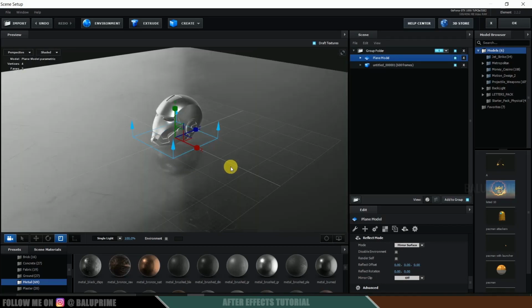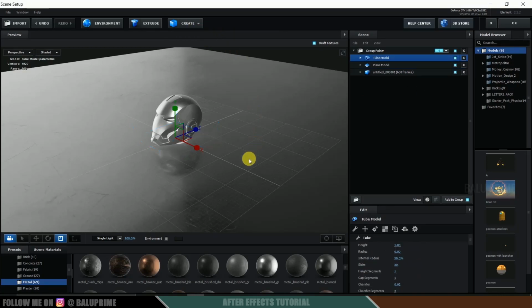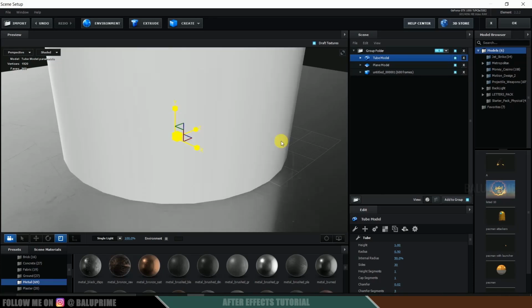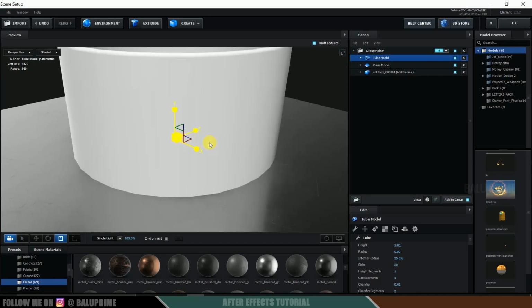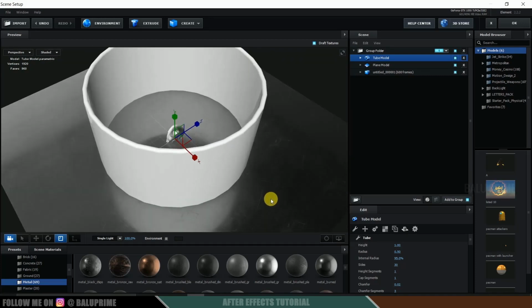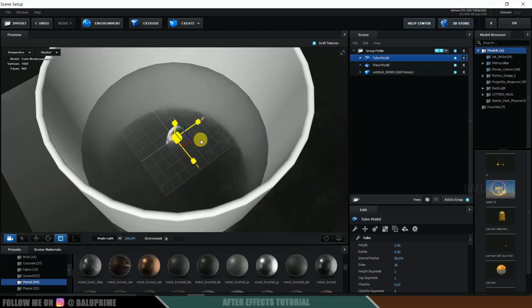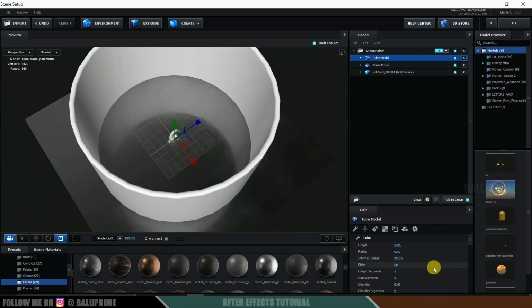Okay. Now come to this create, select this cylinder, press R, increase the scaling. Now increase this internal radius. I think this much is fine. Let me increase the size somewhat here. Okay, like this.